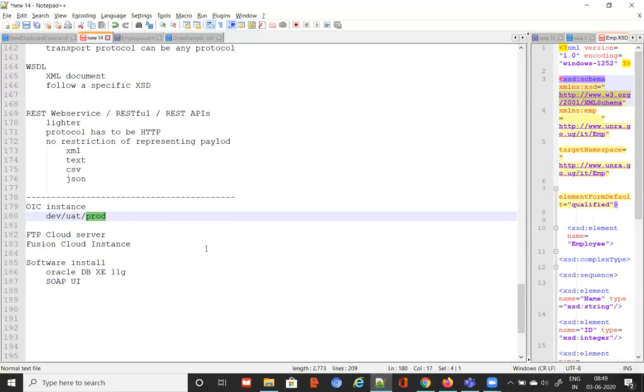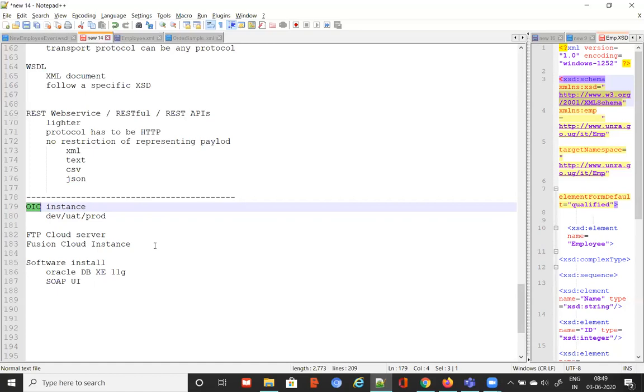It's like your database. If you're writing PL/SQL or any database objects, you write on one database dev instance, correct? Then you export to another instance. Same thing we follow in the case of OIC. Whereas if you go to Oracle SOA, those concepts are different. There we always say deployment because you have deployment. They try to make it simple in the case of OIC. Internally, it is using the same concept, deployment and all.